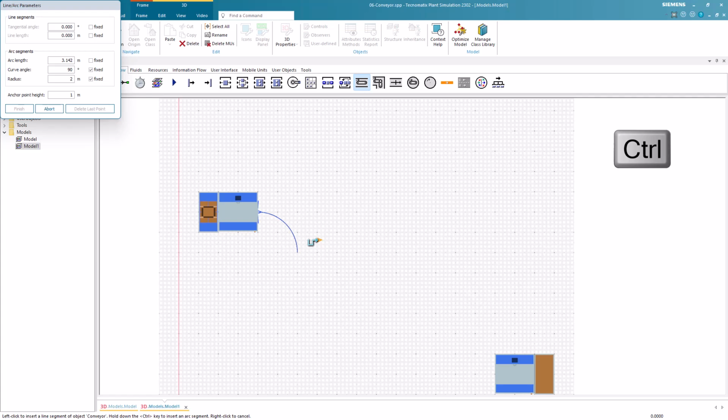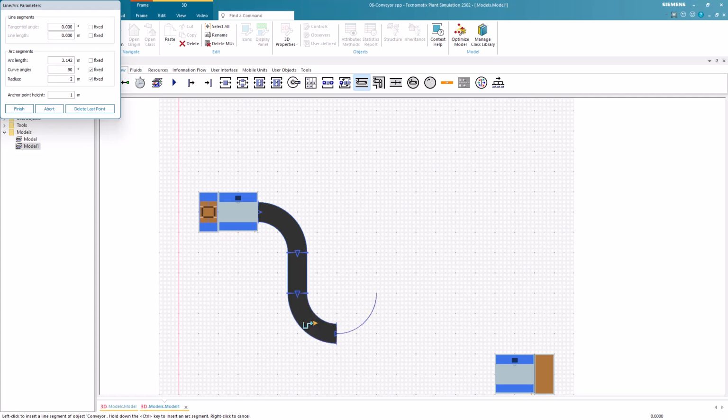To insert a curved segment, we click on the left mouse button. The first segment will be inserted in this way. We then insert a straight and afterwards the second curved segment. Then we insert a straight segment. The dialog that is in the left corner, while inserting conveyors, provides the functionality to delete the last anchor if you misclick with the mouse as shown.